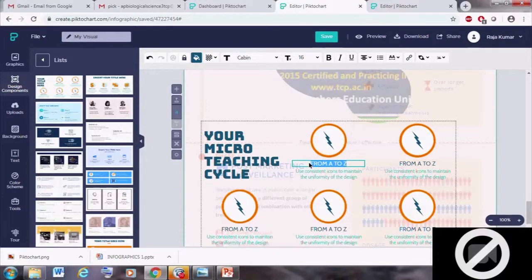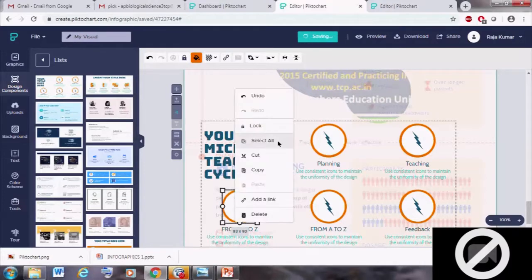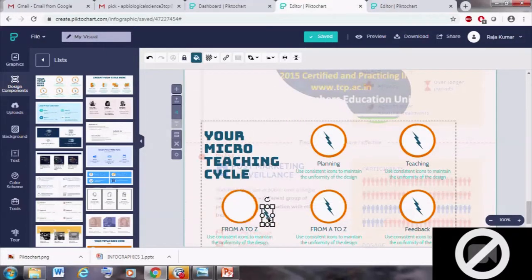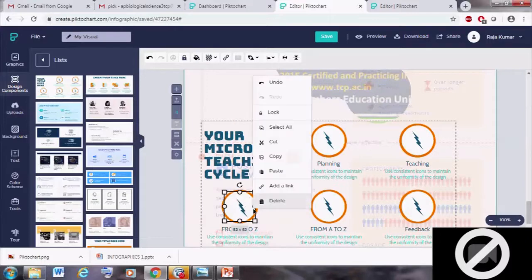Planning, teaching, feedback, and we can add more by right clicking any shape and copy and paste.